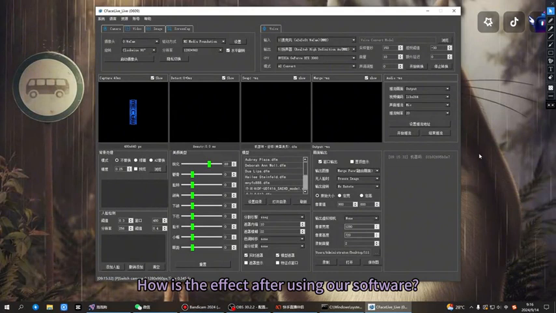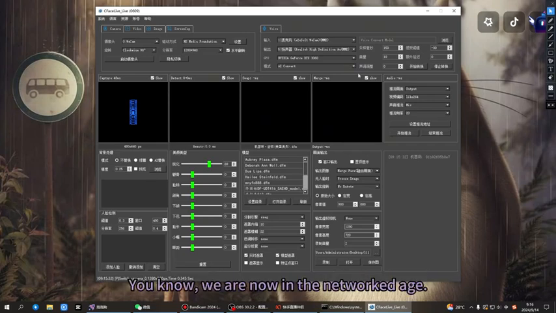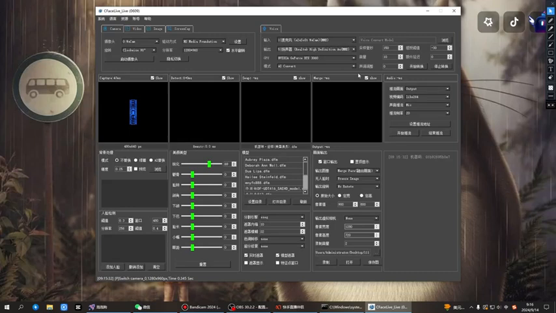How is the effect after using our software? Today's video, let me give you a demonstration of the live broadcast effect. You know, we are now in the networked age. This client base is huge. Most people use it for live streaming, live selling, etc. Supported platforms include Douyin,